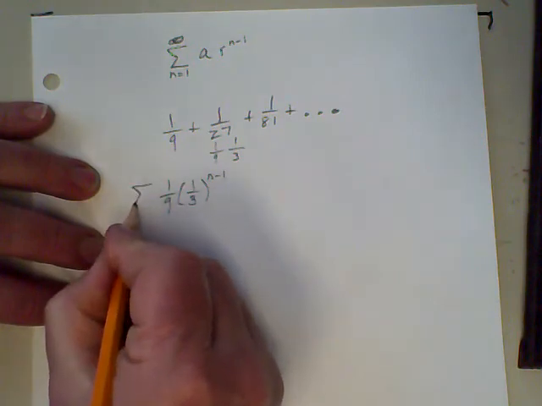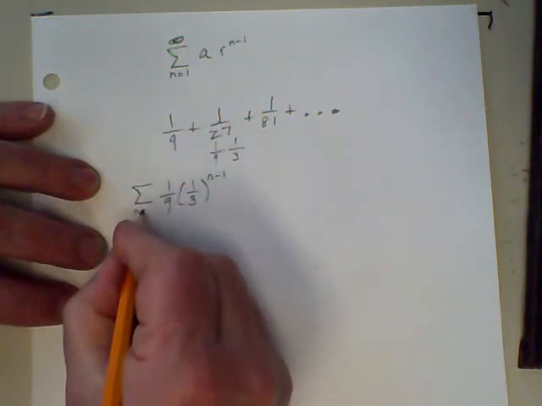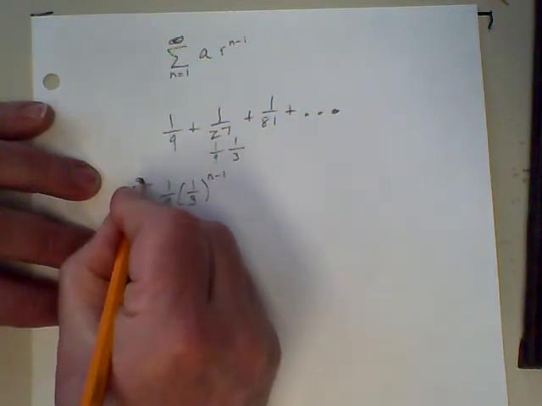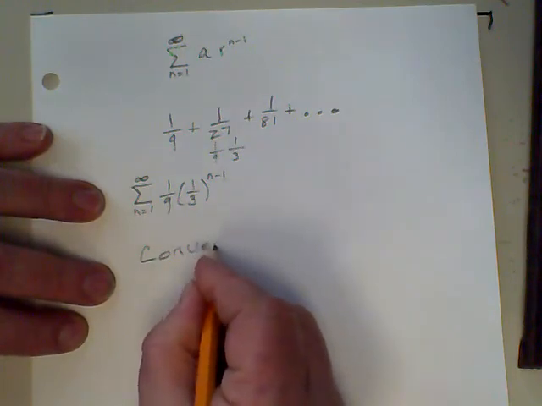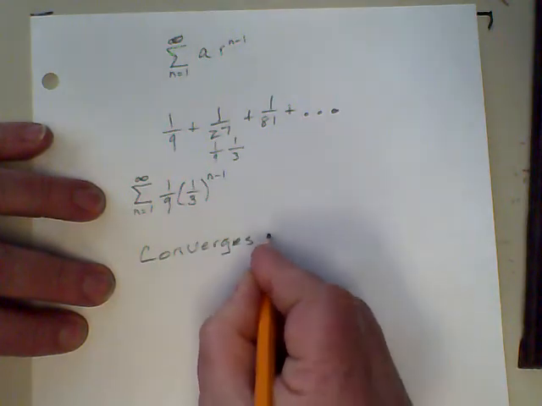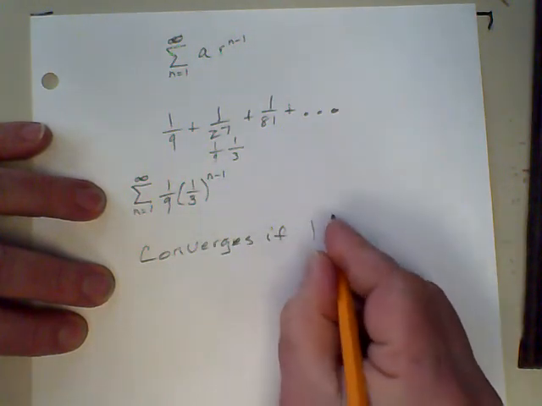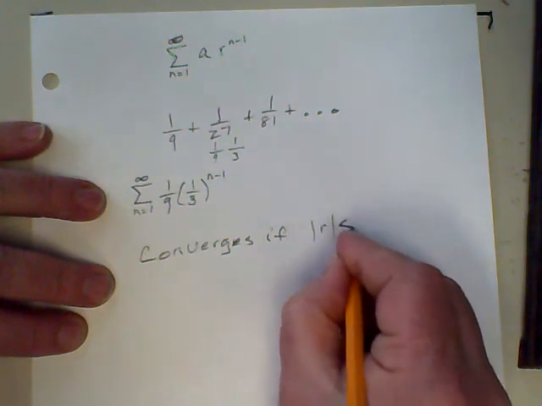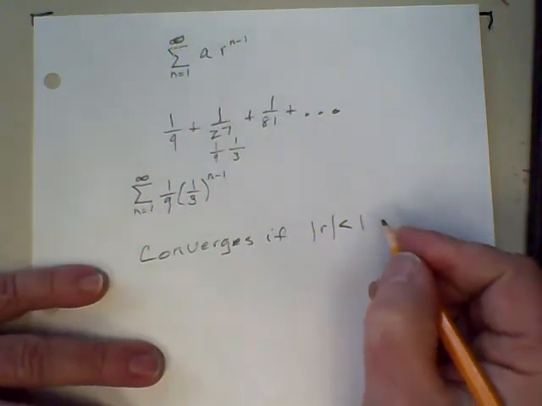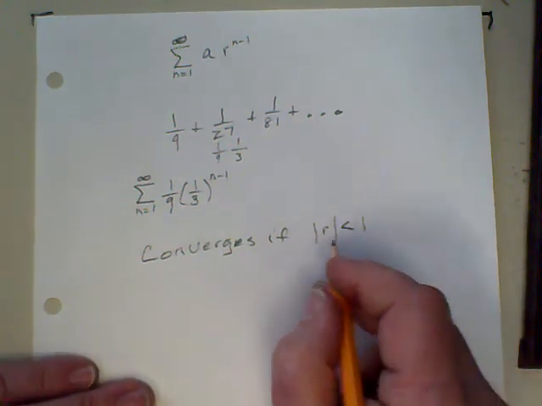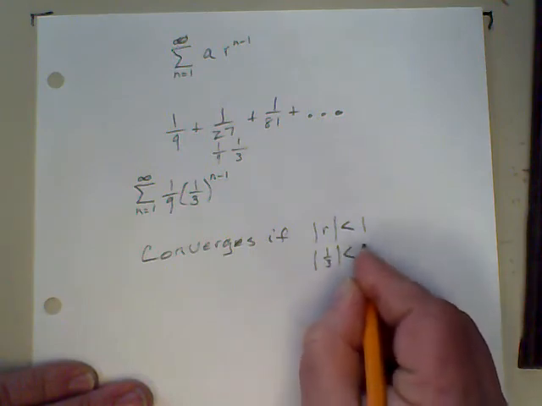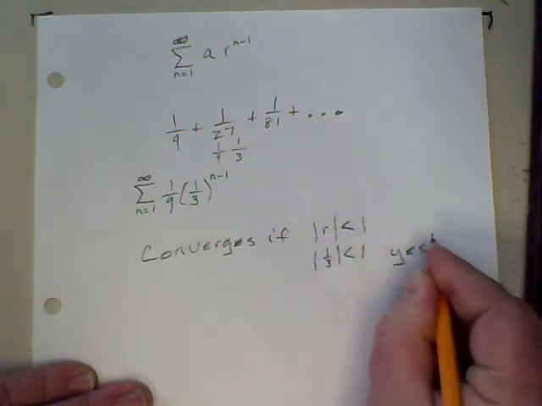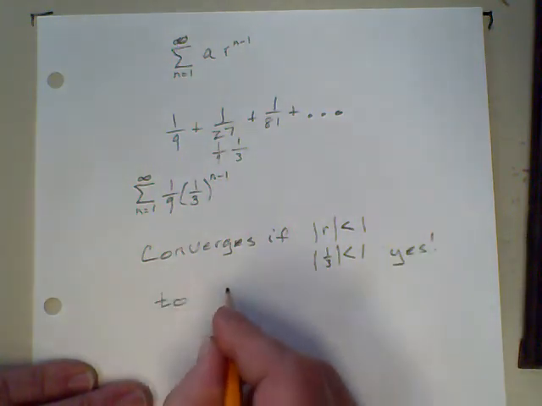So now let's go ahead and write this in our format. And let's see if it converges. So we know this converges if the absolute value of r is less than 1. All right. So the absolute value of r, in this case, r is 1/3. Is that less than 1? Yes, it is. So it converges, and it converges to a over 1 minus r,